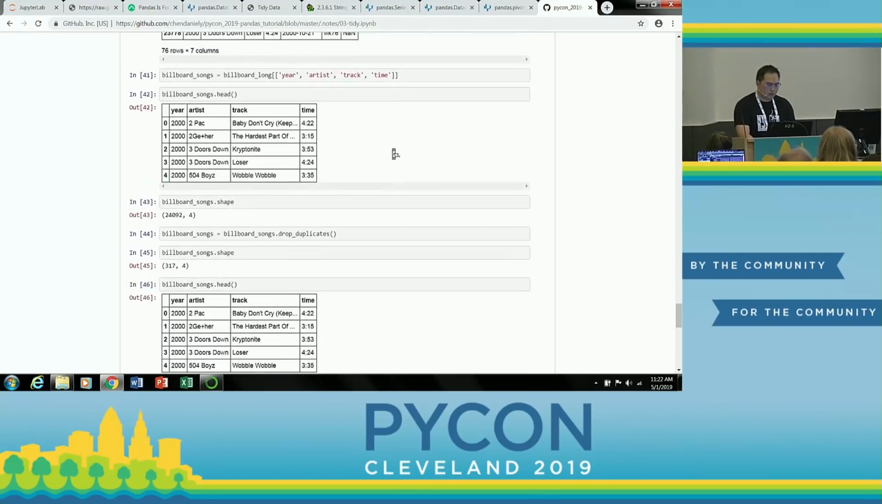So the way you would do this, there's a bunch of steps, but there aren't really that many new concepts. The first thing you do is take those columns that have those heavy repeats and subset them down. This is using the double bracket notation to subset multiple columns. So we just have our year, artist, track, time. Here you'll notice that this